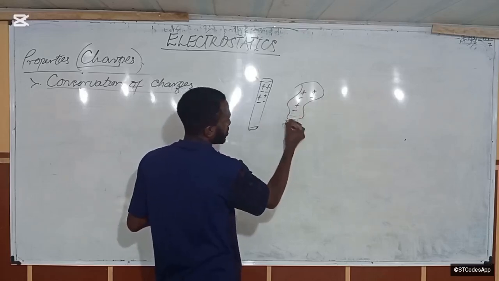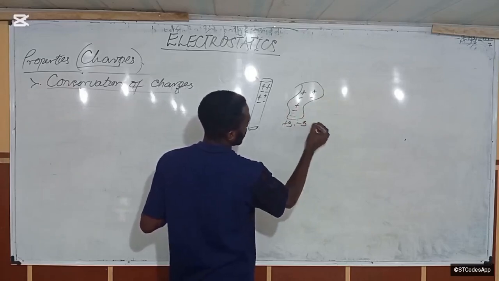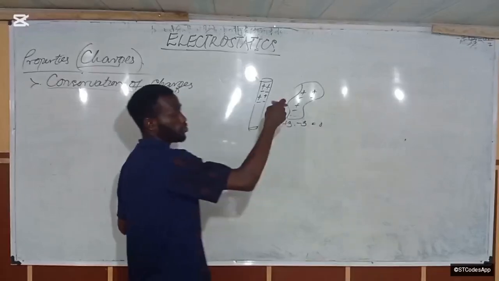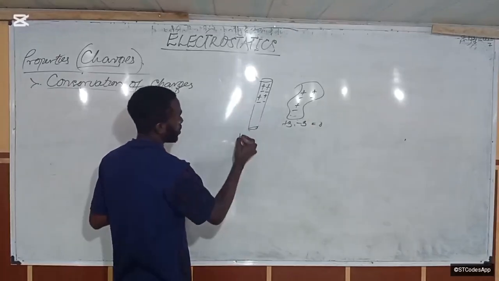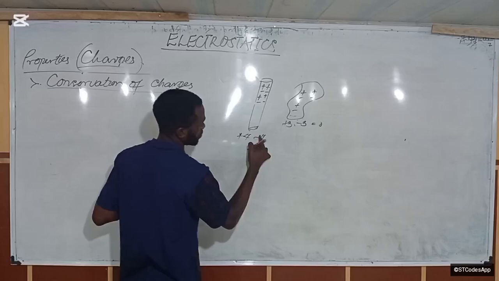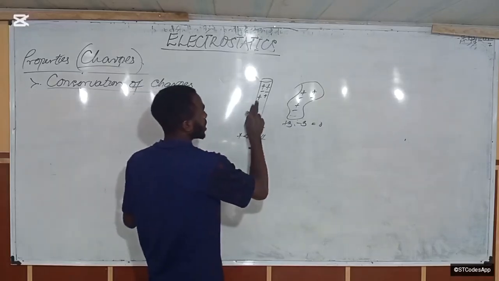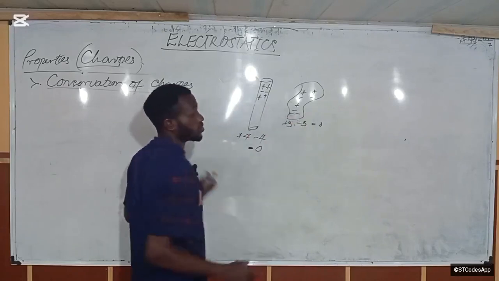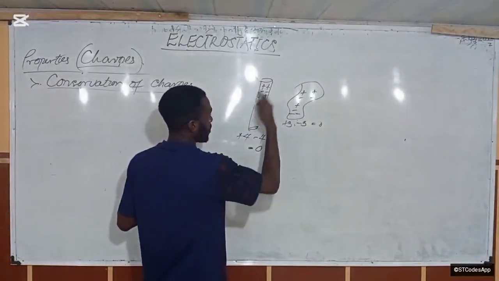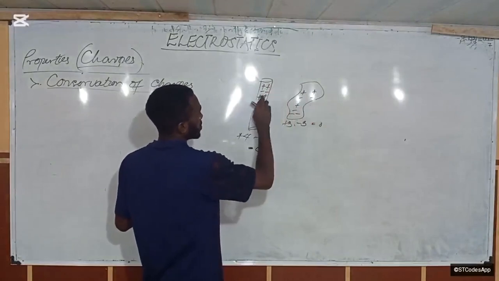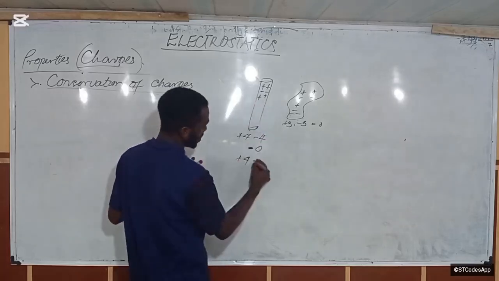Initially, we had 3 positive charges and 3 negative charges. That means total charge 0, and that's why the body is electrically neutral. This other one is also +4 and -4, so electrically neutral. The moment you rub them together, these two negative charges will fall here. Remember, it's not just negative charges, it's just my example. So on account of the rubbing, we now have 4 positive charges and 2 negative charges here.